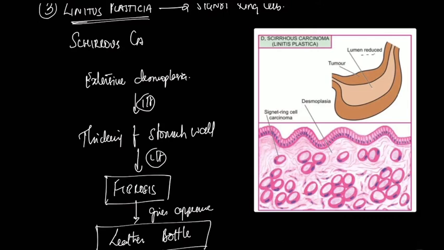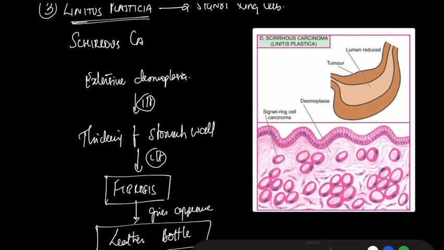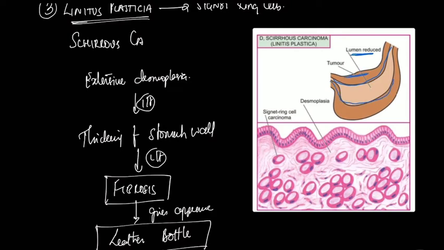All right, so now let's look at the gross and microscopic features. What do we see here? We see that the lumen is reduced because of the tumor taking up so much of the space. Yeah, because the tumor has taken up so much of the space in these areas, the size of the lumen here has reduced. All right, so now let's come to the microscopic pattern. We see signet ring cells. Yeah, these are your signet ring cells, thus giving it the name signet ring cell carcinoma.